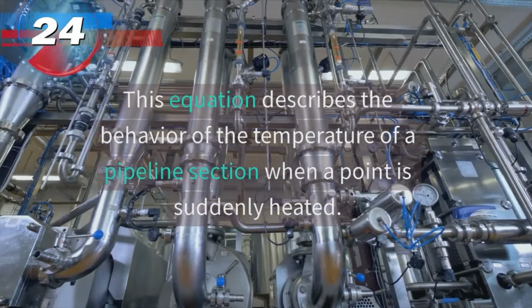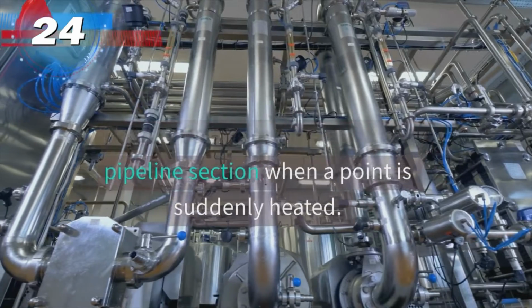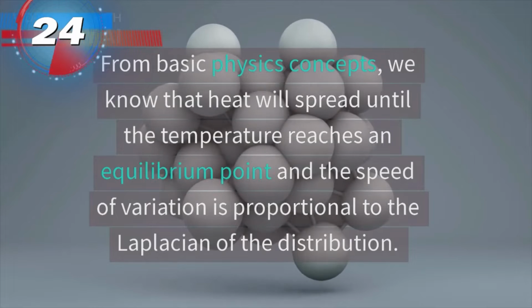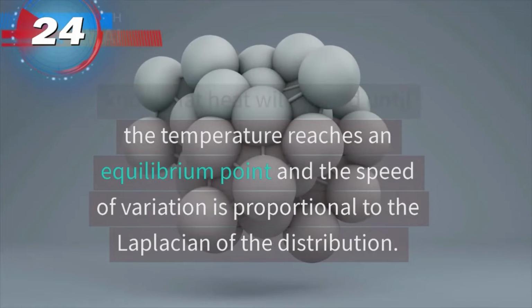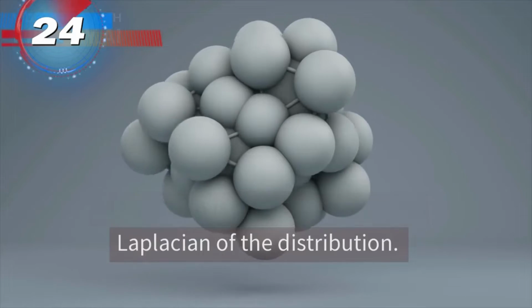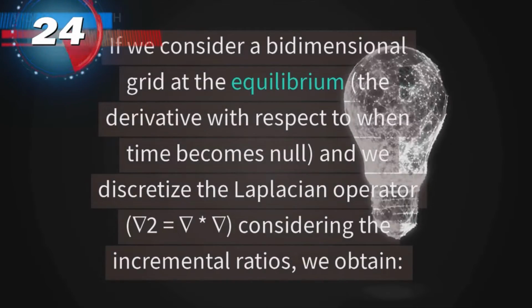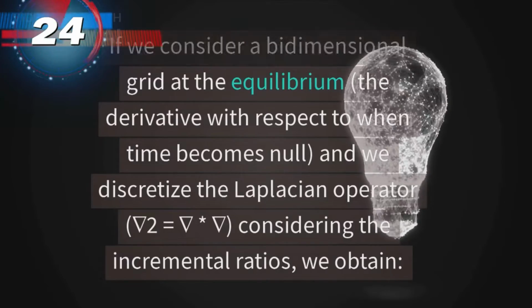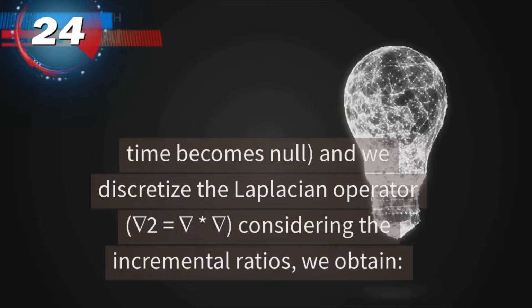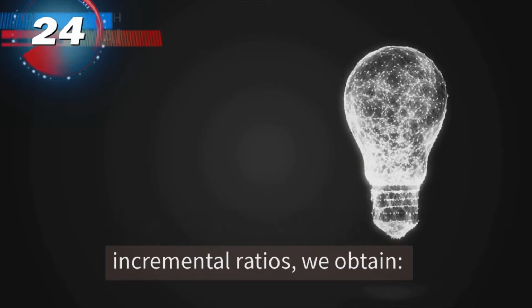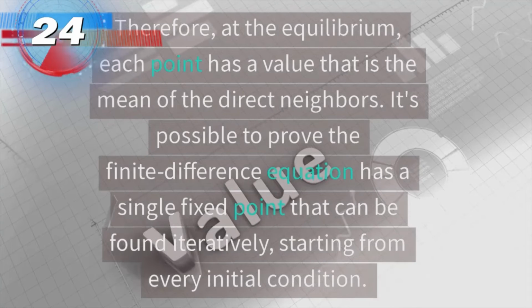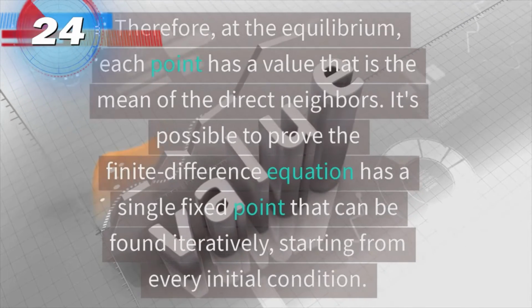This equation describes the behavior of the temperature of a pipeline section when a point is suddenly heated. From basic physics concepts, we know that heat will spread until the temperature reaches an equilibrium point, and the speed of variation is proportional to the Laplacian of the distribution. If we consider a bidimensional grid at the equilibrium, the derivative with respect to time becomes null, and we discretize the Laplacian operator, where nabla squared equals the Laplacian. Considering the incremental ratios, we obtain: